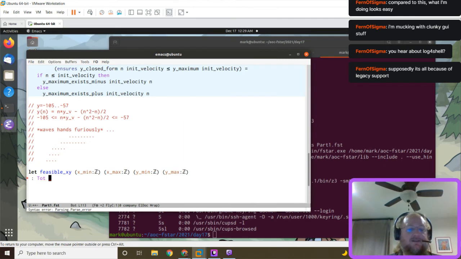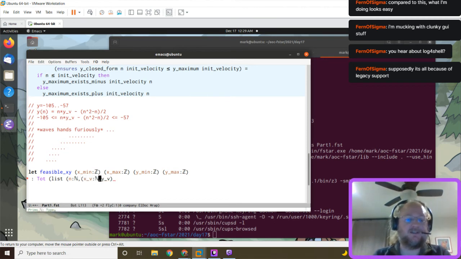This function is going to return a list of points: n, x velocity, and y velocity. Okay, so it's going to return a natural number n, and